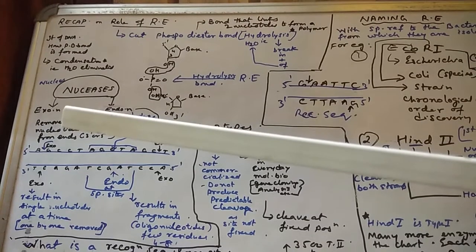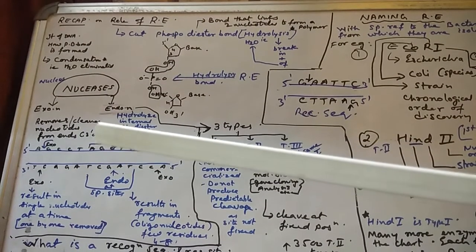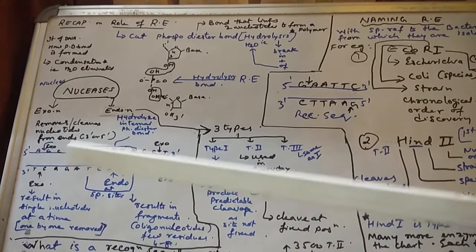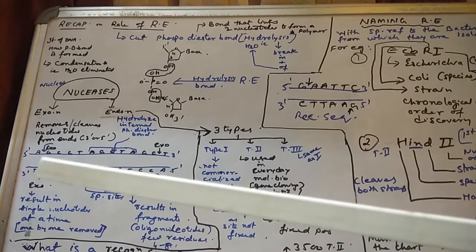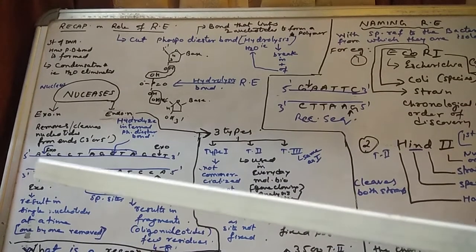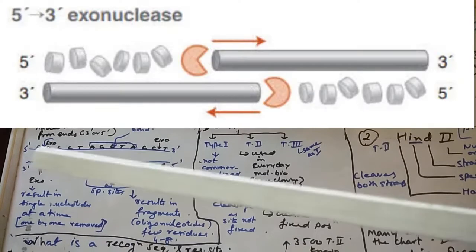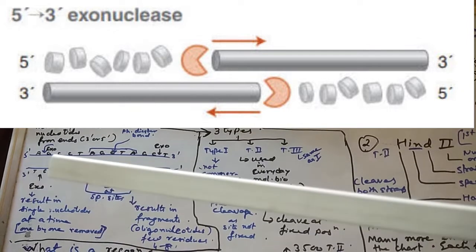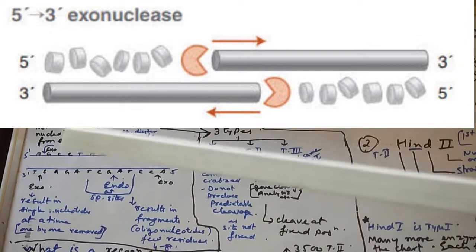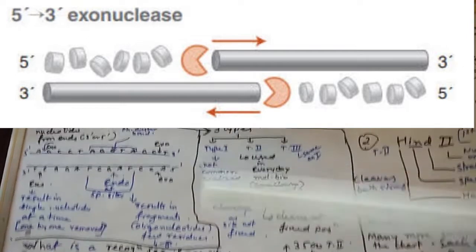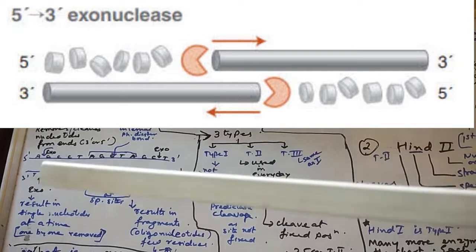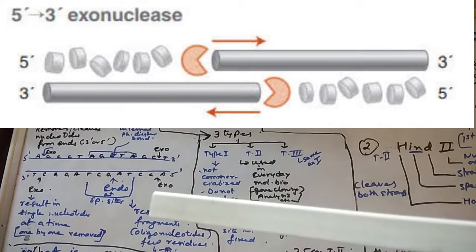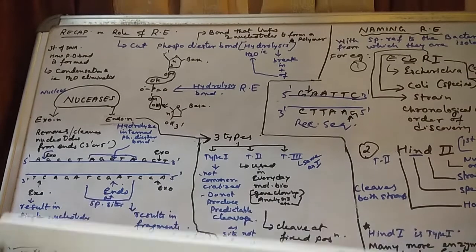Exonucleases are those enzymes which remove or cleave nucleotides, that is, units of DNA or RNA, from the ends. It will remove them one by one. For example, this is a long DNA strand. From the end, adenine can be removed. Next, guanine can be removed, like that. One by one, exonuclease, exo. So from a long DNA strand, it will remove nucleotides one by one from the end, either from the 5' end or from the 3' end. So such nucleases are called exonucleases.